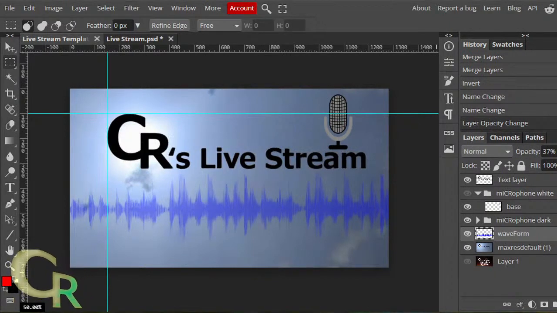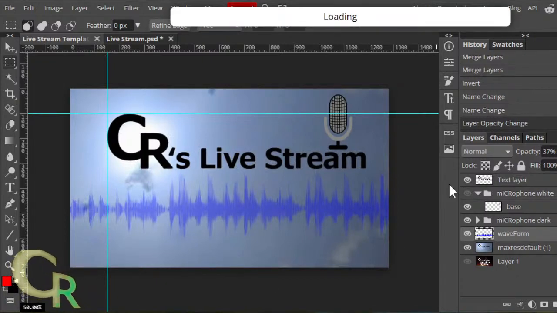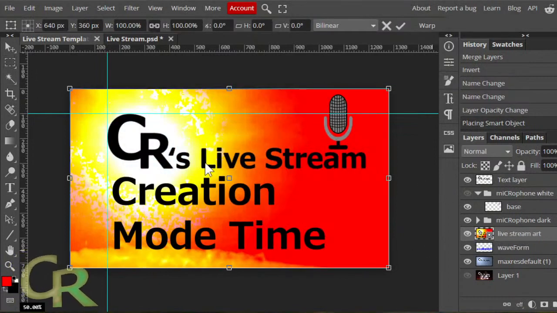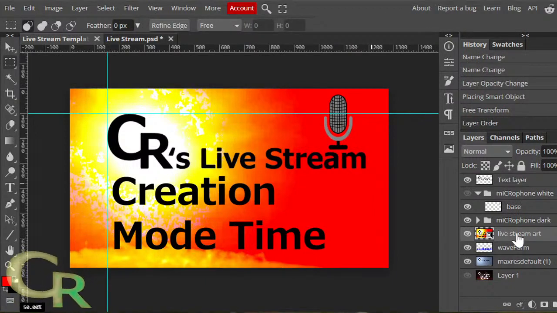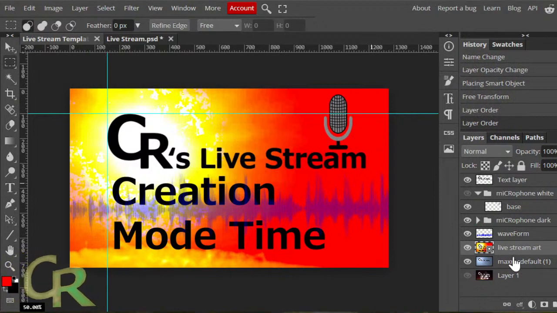Like I said, I have some other little things in here, which also includes this one right here, my creation mode type, which, see, microphone's already in there. And of course I can still put that down a bit, and layer down and still add that kind of thing in there if I wanted to.